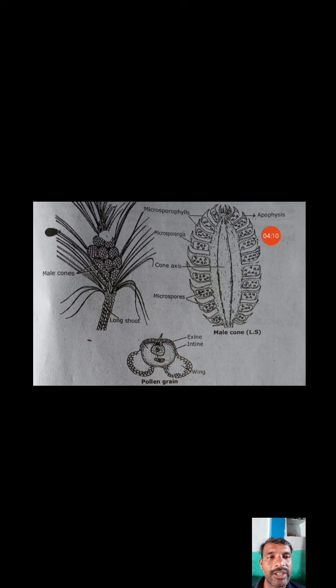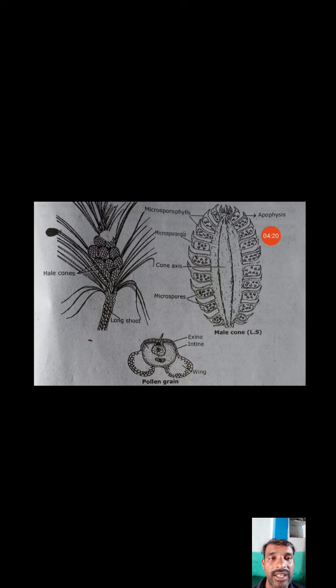Now I am going to discuss the microsporangia in detail. The microsporangium is a sac-like structure, without a stalk, on the lower surface of the microsporophyll leaf. Each microsporangium has a wall two or three cells thick, with the microspores, the pollen grains, inside. At maturity, the microsporangia split longitudinally and release the microspores.